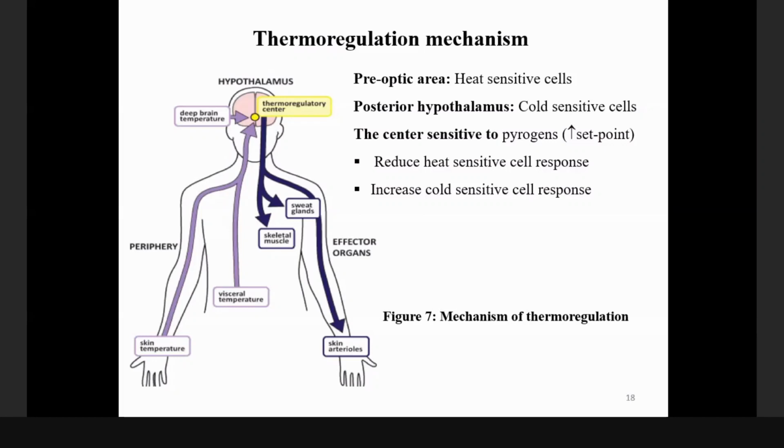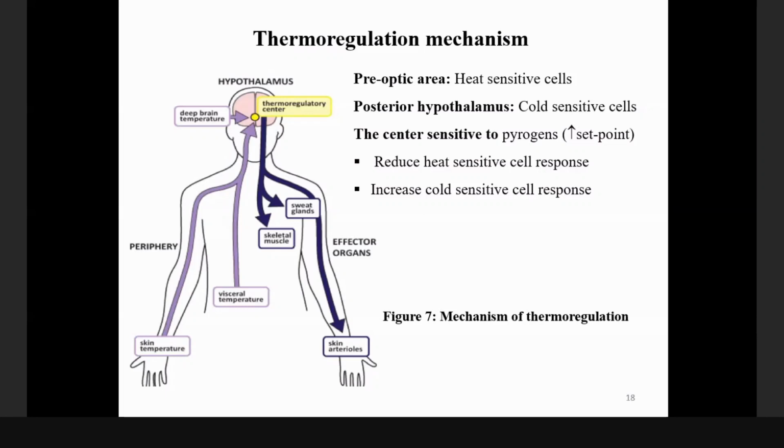The brain knows that your body temperature is 37. Now the set point gets higher, like to 38. Then even though your body temperature is high, you still shiver when you have infection, for instance. Okay, and that is called heterostasis. Heterostasis, not homeostasis. Heterostasis is different from homeostasis. Heterostasis is maintaining the organism at a changed